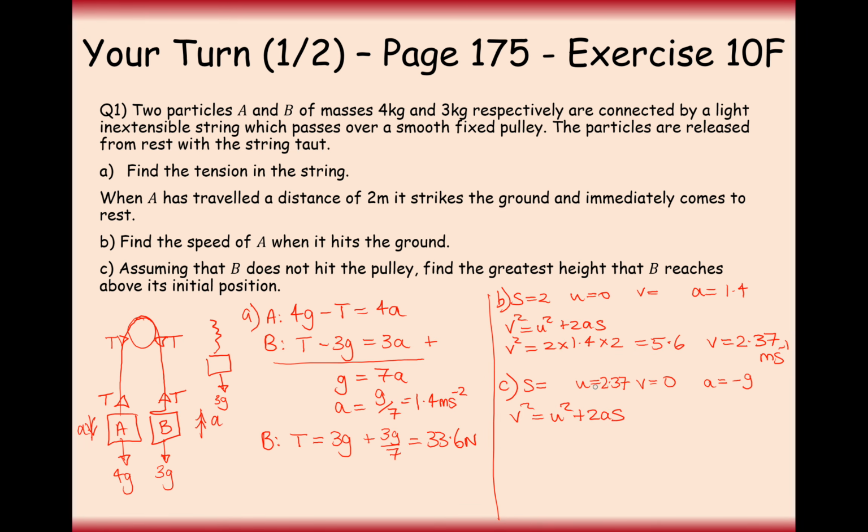And what I'm going to use, instead of using 2.37, I'm going to go back to what v squared was and use 5.6. So 5.6, we want to find v squared. No, sorry, we want to find s, don't we? Oh yeah, so that would have been fine. 0 is what v was, 5.6 is what u squared was, minus 2g s, minus because we've got the minus g over here, and it's 2 from the suvat formula. So it's going to be